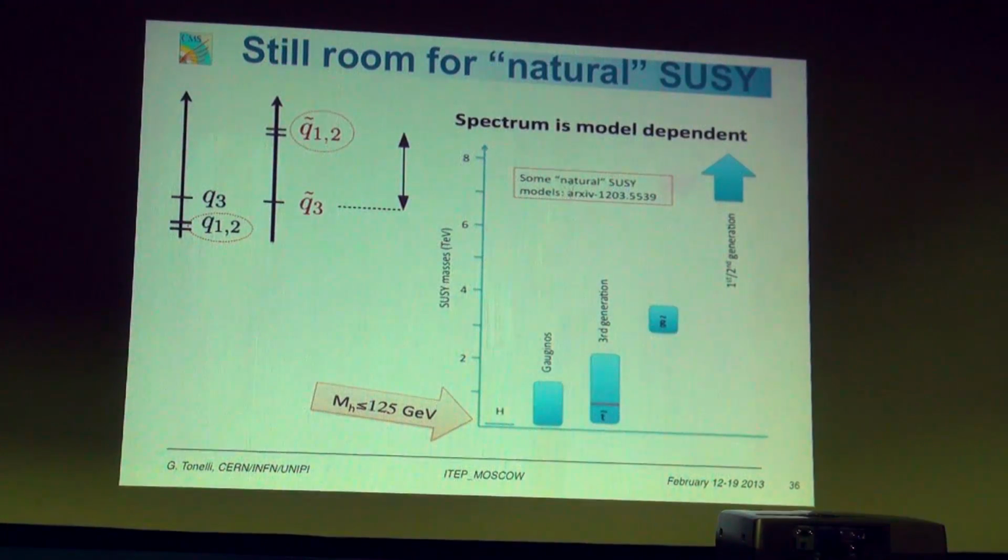But this is an important slide. I want to highlight that there is still room for natural SUSY. This is the mass of the SUSY states, for the first and second generation. This was what we were exploring, the prejudice on which we worked since the very beginning: that squarks and gluinos are the lightest supersymmetric particles together with the neutralino, and they are a few hundred GeV